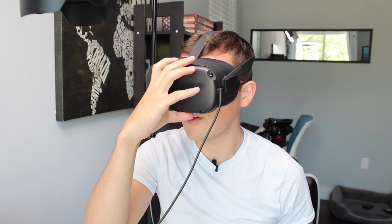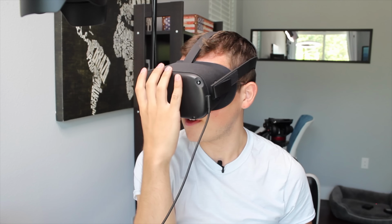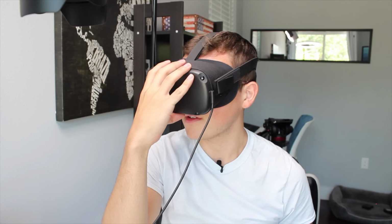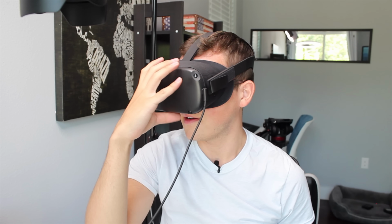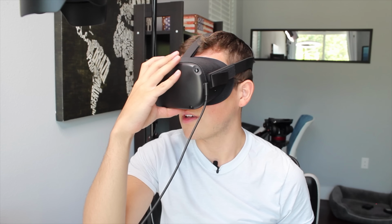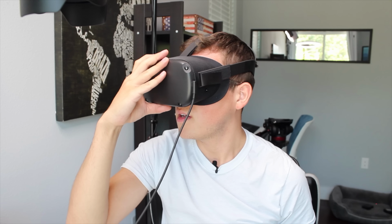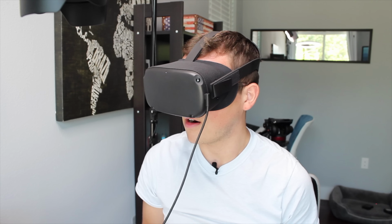All right, so there's also a second adjustment here that it's telling me in the app. You can actually shift this whole part up and down, and that does bring it also closer to your face, and it also improves the kind of blurriness of the letters so that they're not as blurry. Things are definitely not super crisp. The black levels are black because it is an OLED, or they are OLED